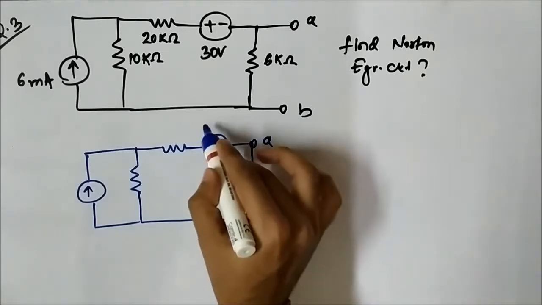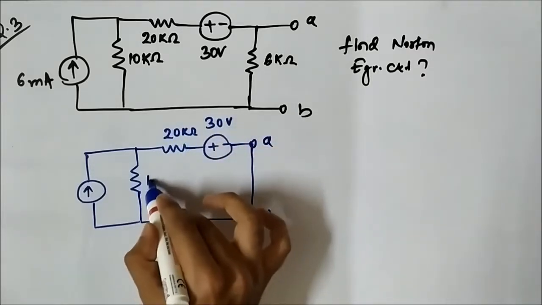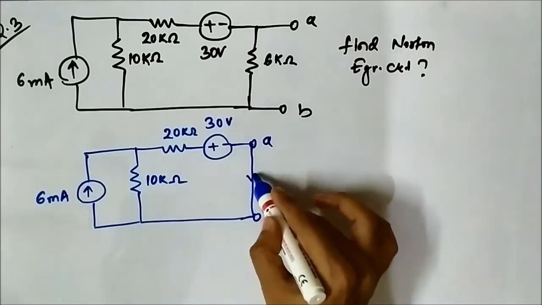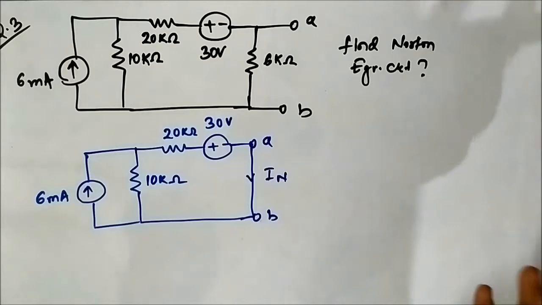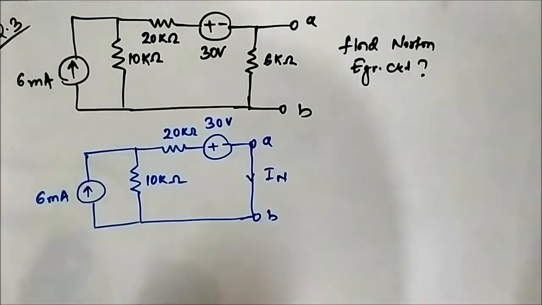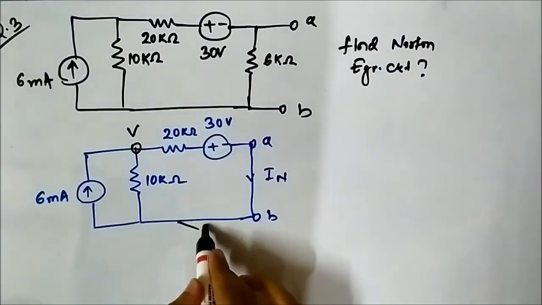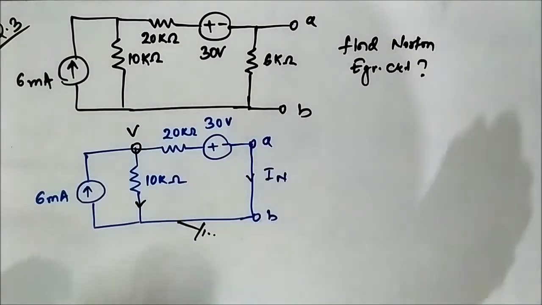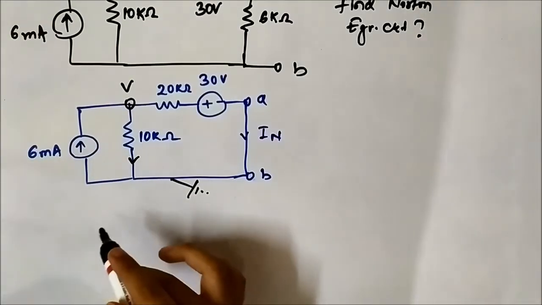Okay, A and B. So, 30 volt, 20 kilo ohm, 10 kilo ohm, 6 milliampere. So, we have to find this current IN flowing through this shorted path. Okay, so here let us apply nodal analysis. Let us consider this voltage here be V. This is connected to ground. So, here we have to determine IN. So, if we apply nodal equation, it will be